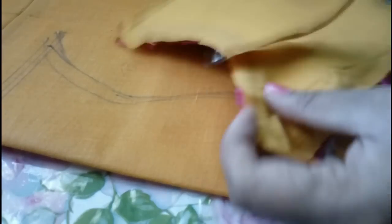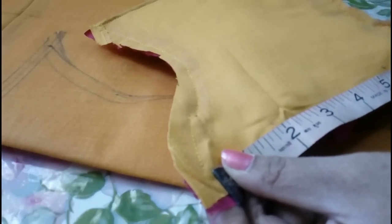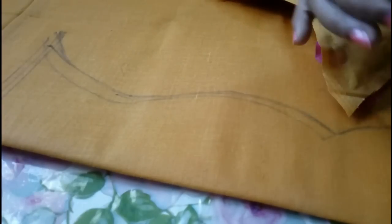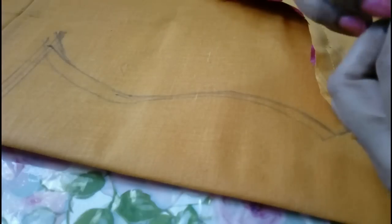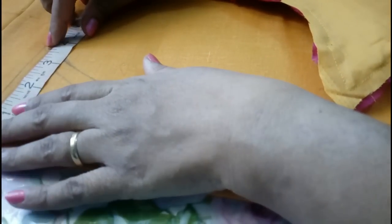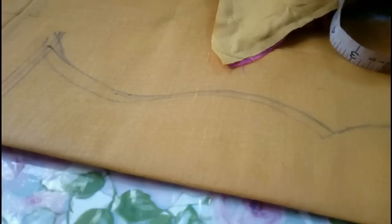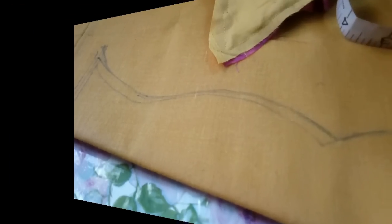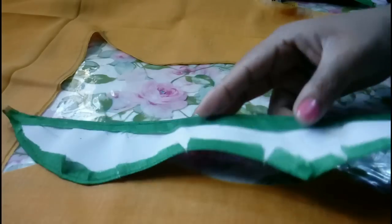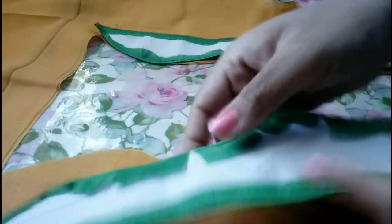And this also, from here to here it's almost 7.5 inches, so half of 7.5 is 3.7, so this difference should be 3.7. See, it's coming here, so mark this and then make a curve like this, and then we are going to cut this neckline. Now after cutting the neckline, just put this patch onto this fabric like this according to the shape, and